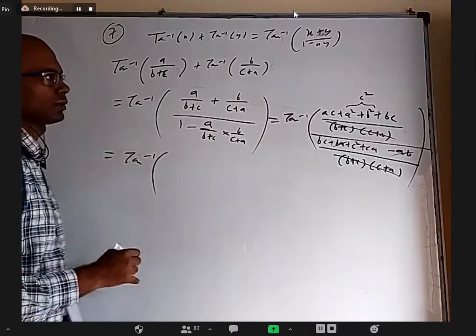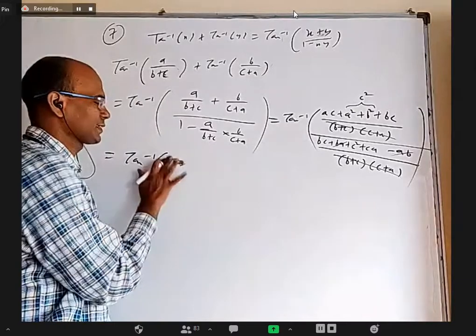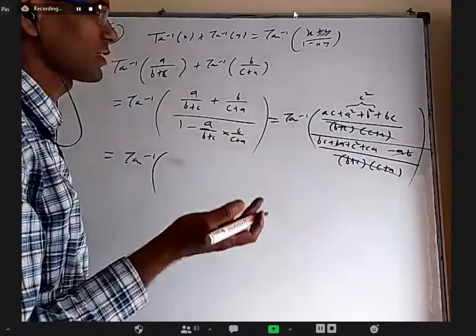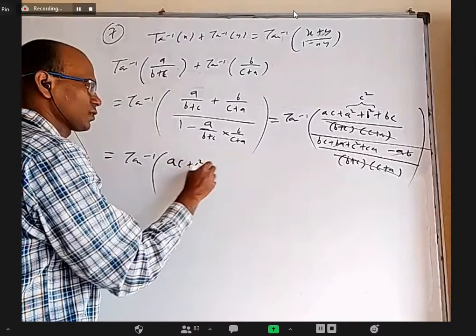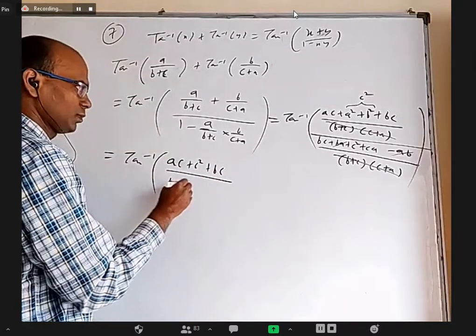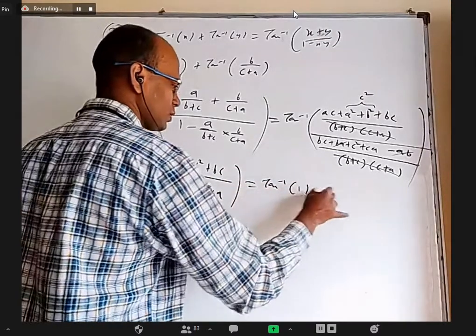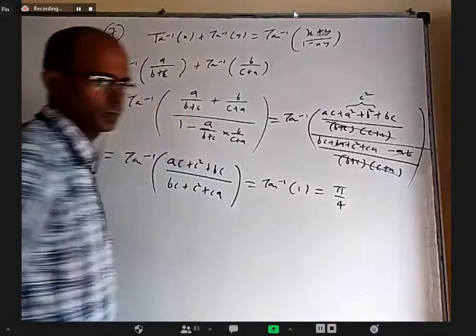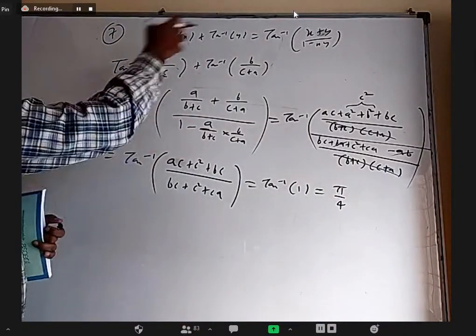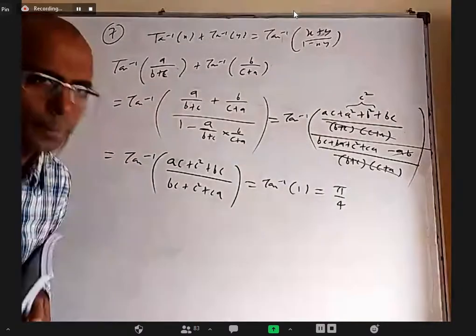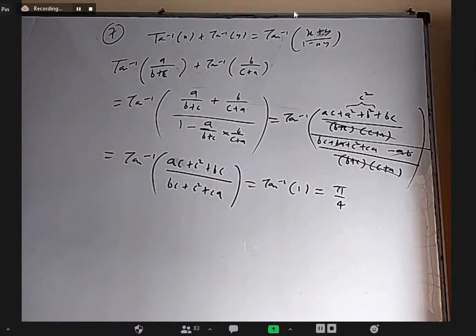So tan inverse, the numerator is now, I can take C common. Numerator and denominator are the same, then it's okay. Numerator is AC plus C square plus BC. Denominator is BC plus C square plus CA. Both are the same. So tan inverse 1, which is pi by 4. Okay, so just using the tan inverse x plus tan inverse y formula, that's all. Even the 8th one is also very straightforward, simple formula, tan inverse x plus tan inverse y.